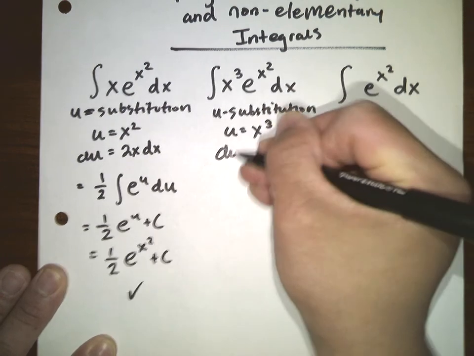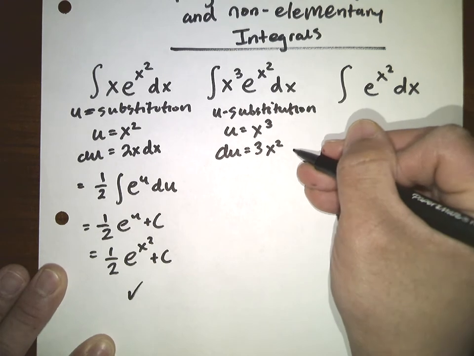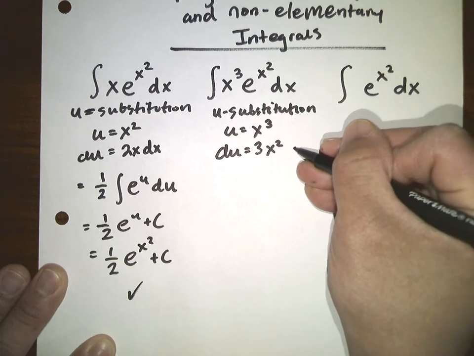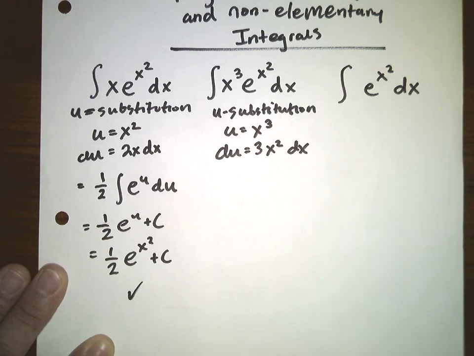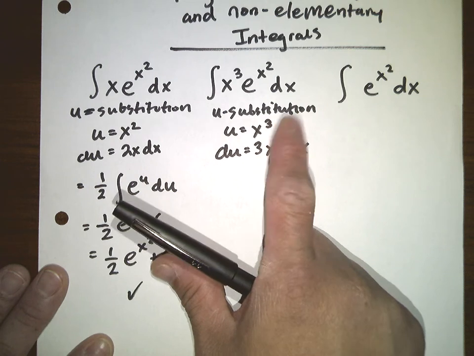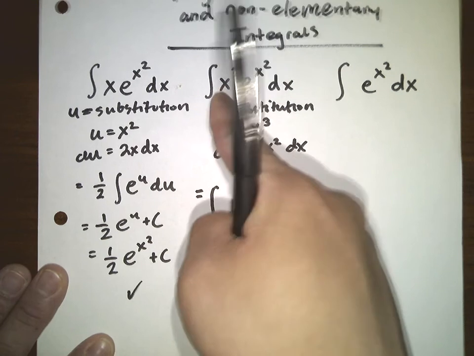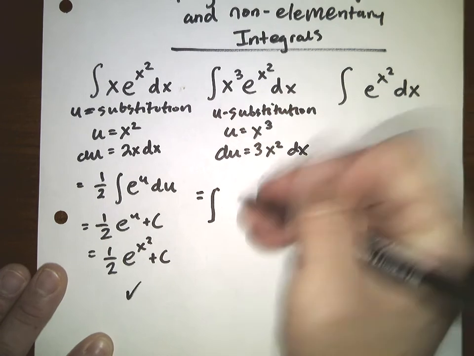So then du will be 3x squared dx. All right. So then if I look at what's going on here, then I can rewrite this integral as, all right, u,